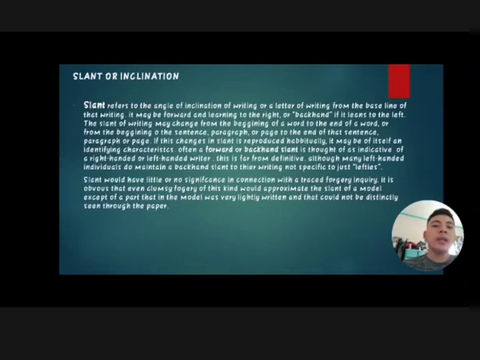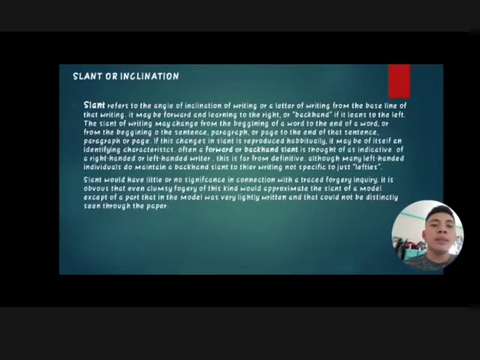Often a forward or backhand slant is thought of as indicative of a right-handed or left-handed writer. This is far from definitive, although many left-handed individuals do maintain a backhand slant to their writing, not specific to just lefties. Ang slant na po ay